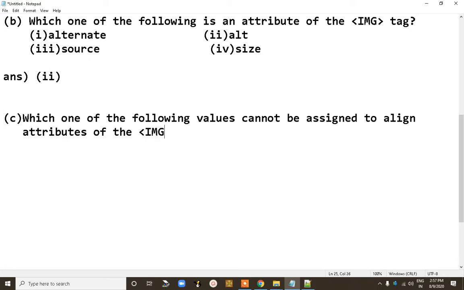IMG tag means image tag. So the options are: first one is top, second one is right, third one is center, fourth one is bottom.